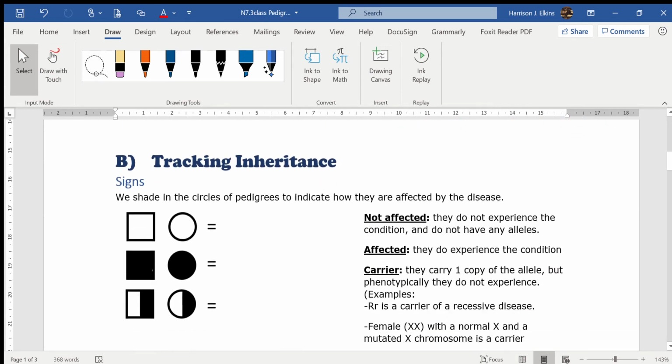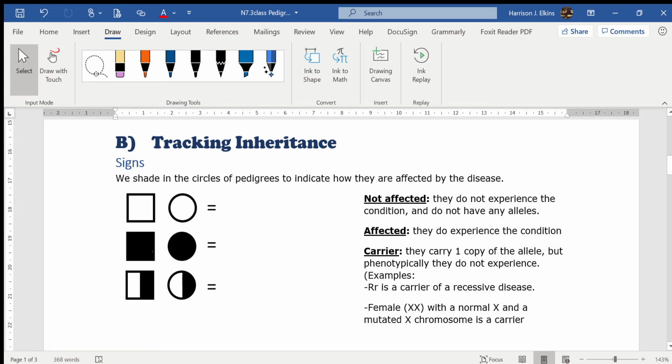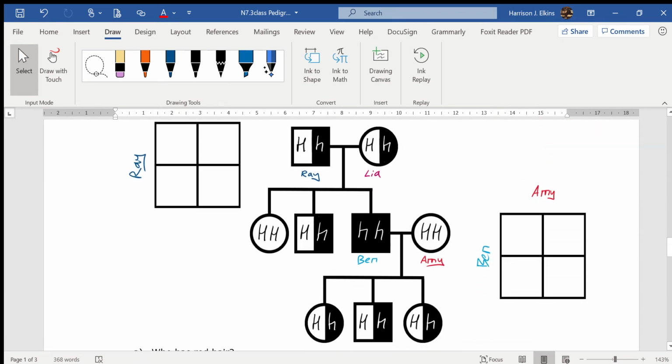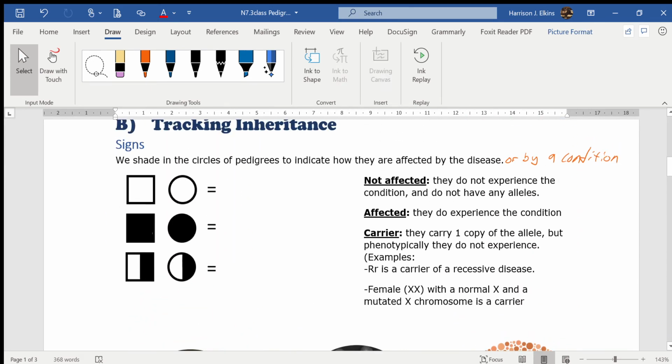All right, so let's go down here to tracking inheritance. So we're going to shade in circles to indicate how they are affected by a disease or by a condition. So just a disorder or a condition or a normal trait, it's not necessarily good or bad, or sometimes a disease. Like we do want to trace certain diseases that are passed through, and pedigrees help scientists do that, such as sickle cell anemia. Okay, so in our pedigrees, and just to kind of give you a preview, this is what they look like. All right, so pedigrees kind of look like this. They have different shades. All right, so we'll get to those in a moment, but let's just look here at the